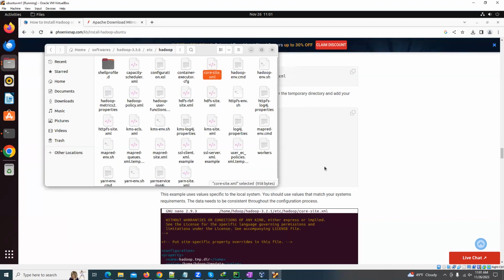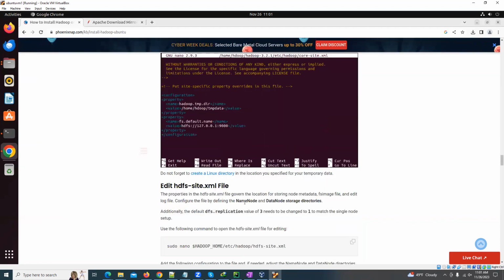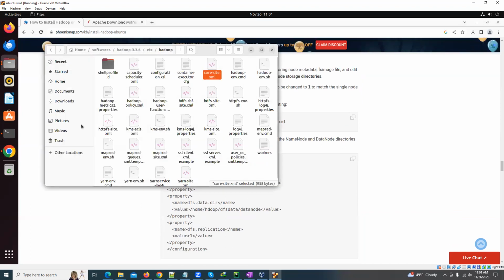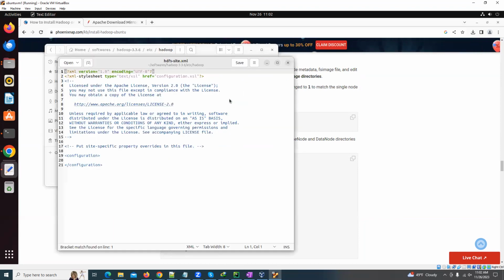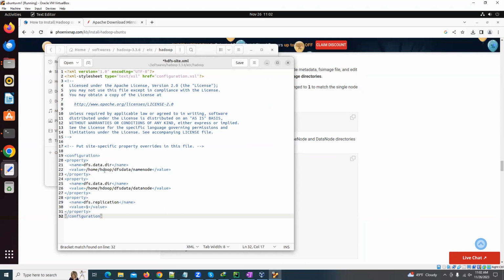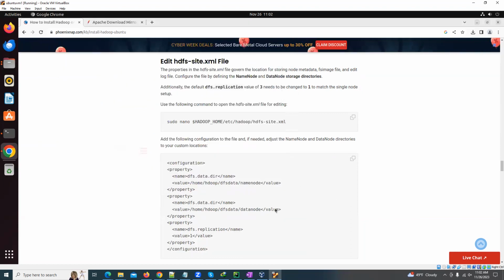Next file is hdfs-site.xml. This is the configuration. I will copy this and open hdfs-site.xml. When I open this hdfs-site.xml, I will paste it here and I will change my user. So two places I'm going to change, and save it. I save it. And next is